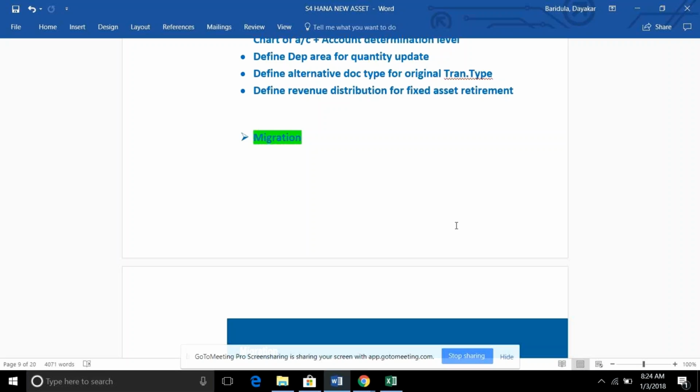That can be updated now with this functionality. So you just create computers as one asset with a quantity of 10. Earlier we used to create a sub-asset for each computer. You can track that information by doing this configuration. I will take you through all this configuration in the system.